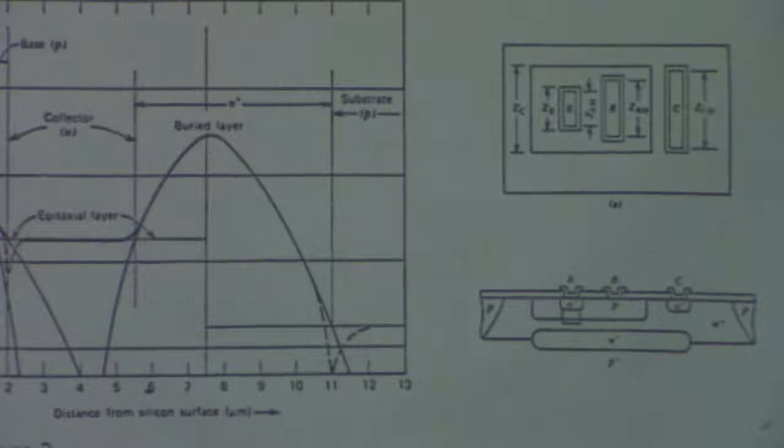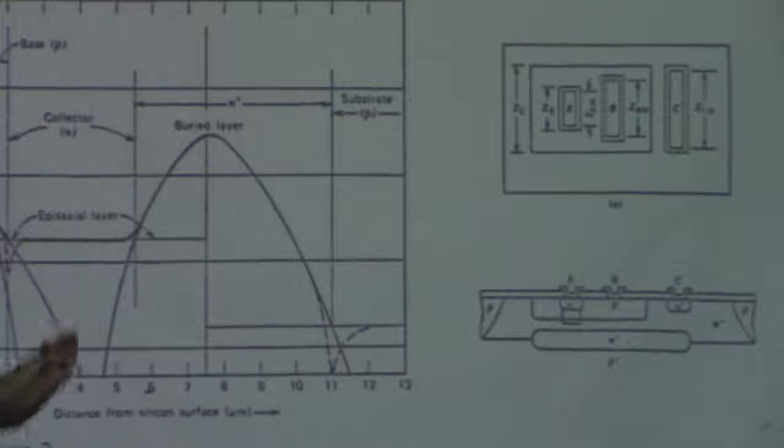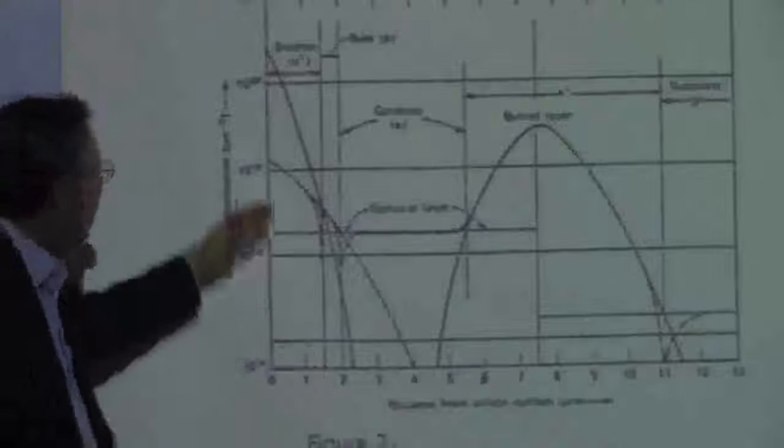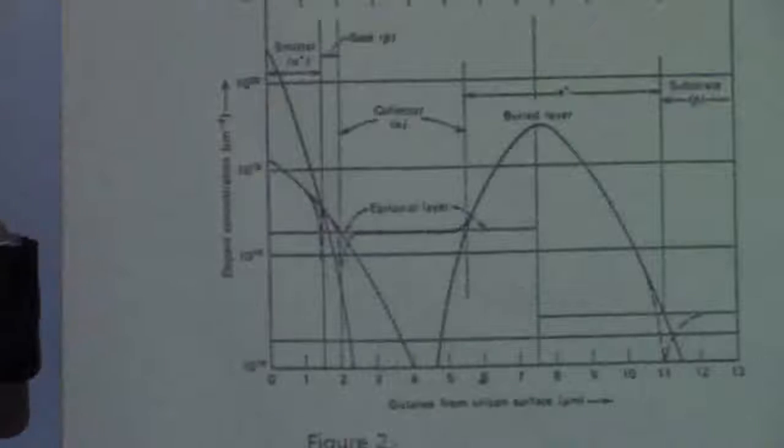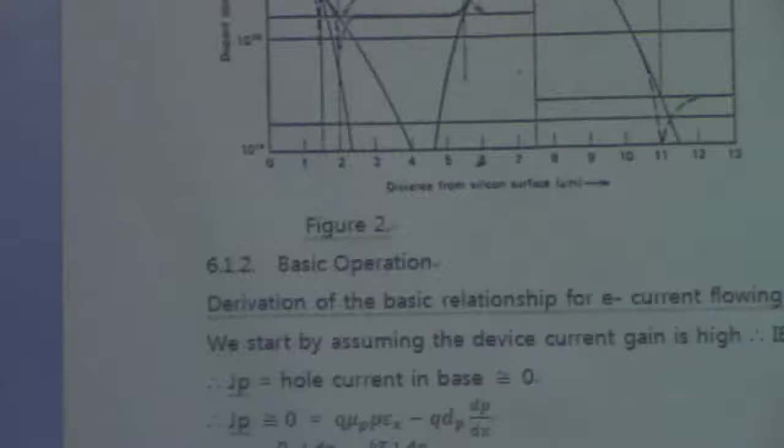So we don't have many choices for each layer. Buried layer antimony, and the collector dopants should be phosphorus, and then the base should be boron, and the emitter should have arsenic. Okay, there is a reason for that. So that is the dopant profile that we are going to have in the bipolar transistors. Okay, that pretty much covers the